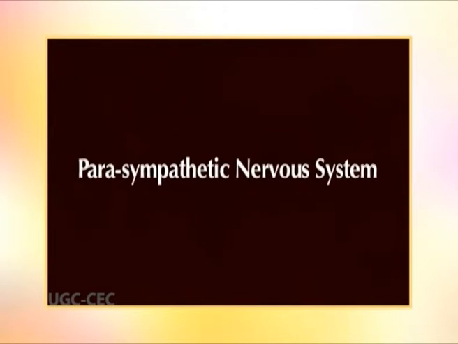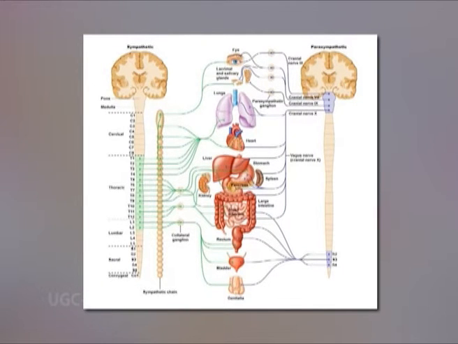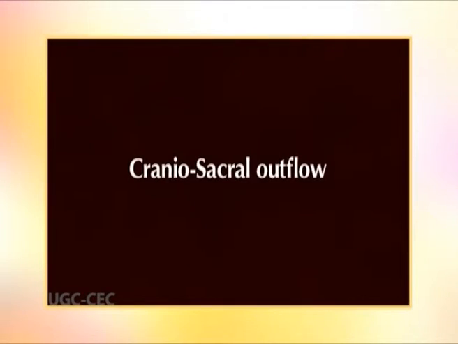Now moving on to the parasympathetic nervous system. It arises from the 3rd, 7th, 9th, 10th, 11th cranial nerves and 2nd, 3rd and 4th sacral spinal nerves, hence also known as craniosacral outflow. As a part of the autonomic nervous system, it helps in performing daily activities of various organs, preventing their overexploitation and conserving body heat. It consists of a chain of 4 different types of ganglion fibers. These are